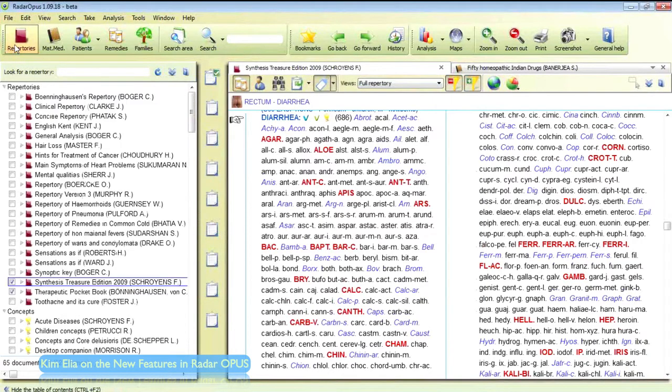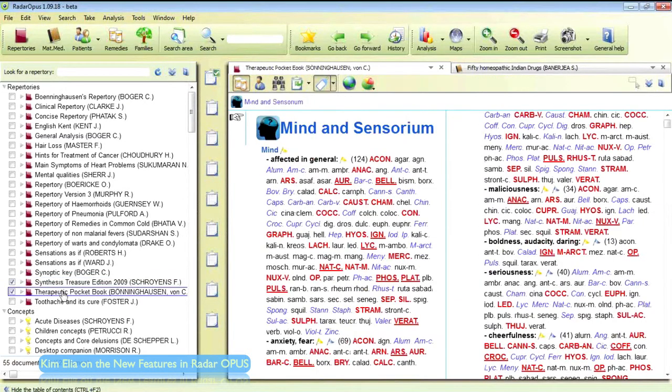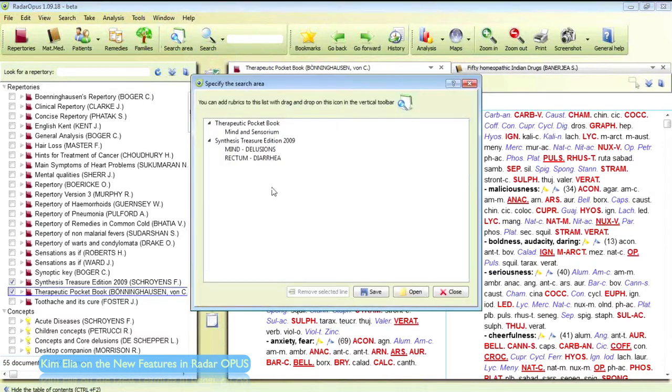And I'll go ahead back to my repertories on the left-hand side. I'll click on the Therapeutic Pocketbook over here on the left to open up that repertory. Let's say that, in addition to what I've done there, I also want the Mind and Sensorium section. So I'll click on Mind and Sensorium here, and drag that up to the search area, let go, click, and now you can see I've got Therapeutic Pocketbook, Mind and Sensorium, and Synthesis Treasure Edition, Mind Delusions,